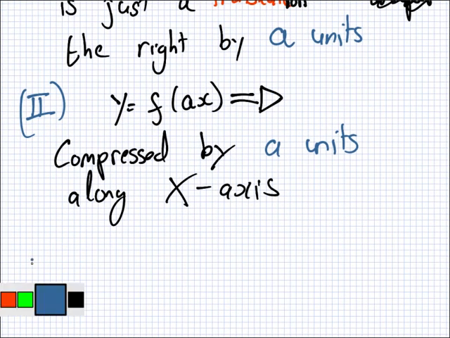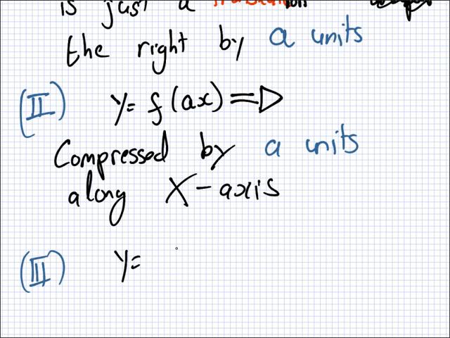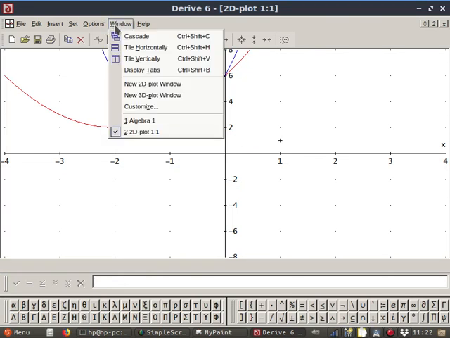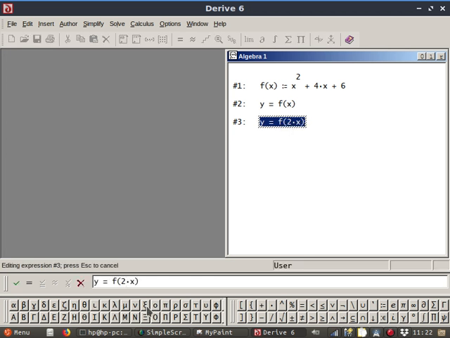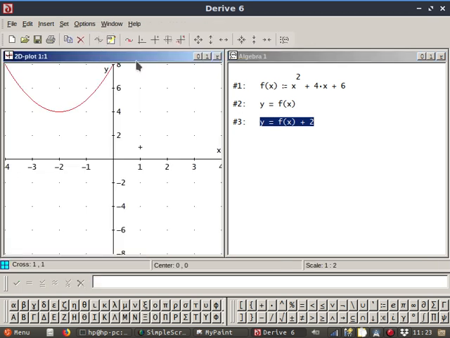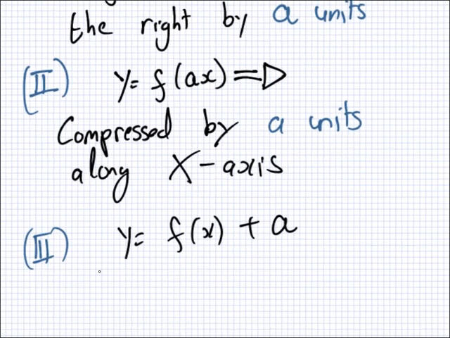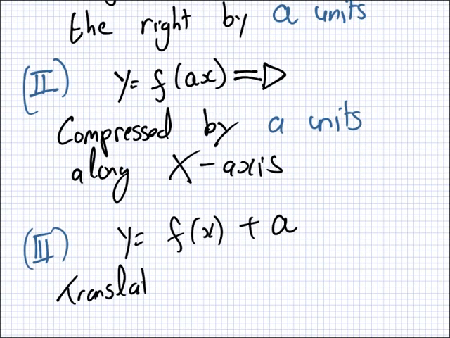Right, the next one you could probably guess is going to be y equals f(x) plus a. What do you think it is? Up and down. Just up and down. So, we'll say x plus 2 as an example. So you see it moves up 2 units. So you can use the same verb as here. It's a translation up the y-axis